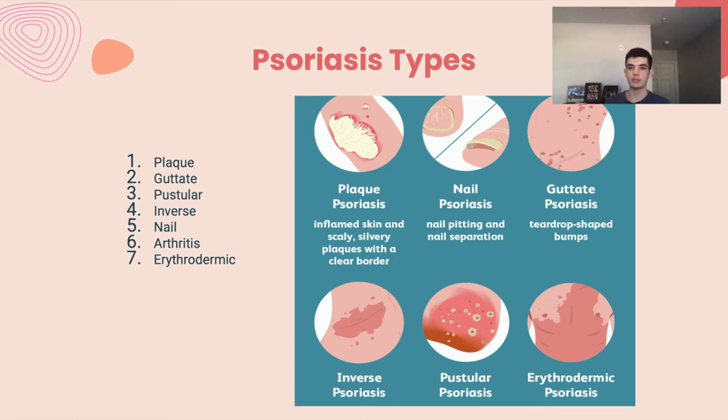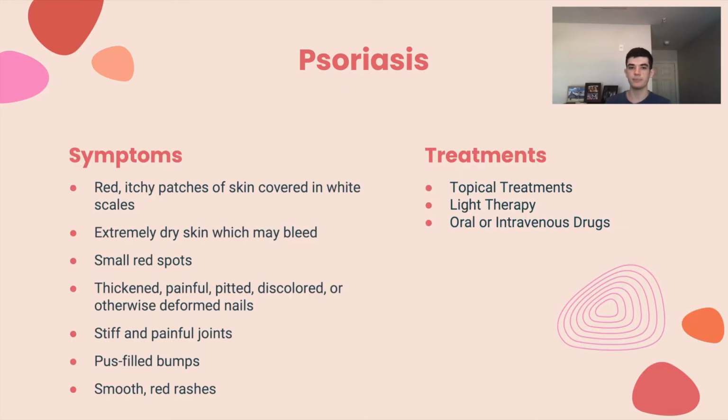Erythrodermic psoriasis is the rarest and most severe form of psoriasis, causing burn-like marks across the entire body that are typically extremely painful and itchy. What symptoms a patient experiences depends on the type of psoriasis they have. Red, itchy patches of skin covered in white scales and extremely dry skin, which may bleed, is common of plaque